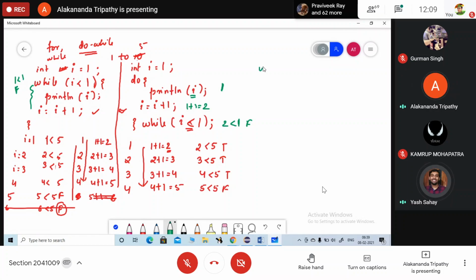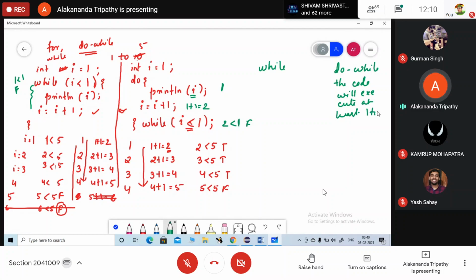Do while runs the code at least one time, even if the condition is false. So in do while the code will execute at least one time, even if the condition is false.